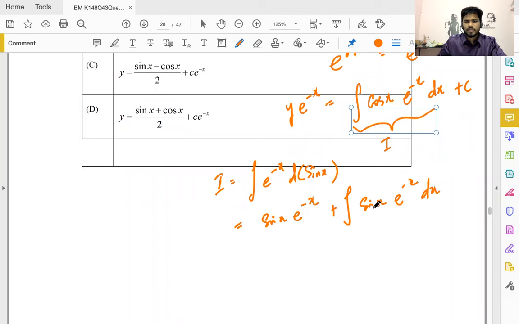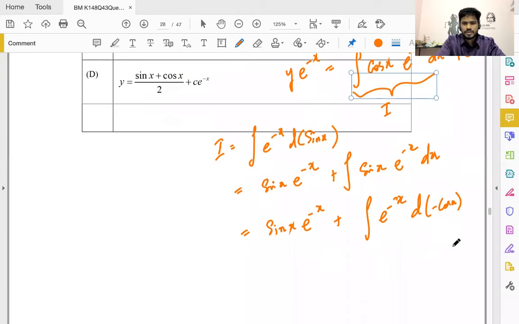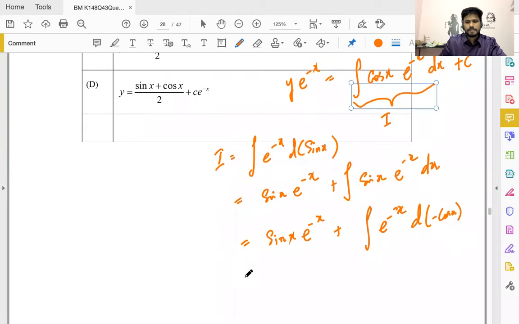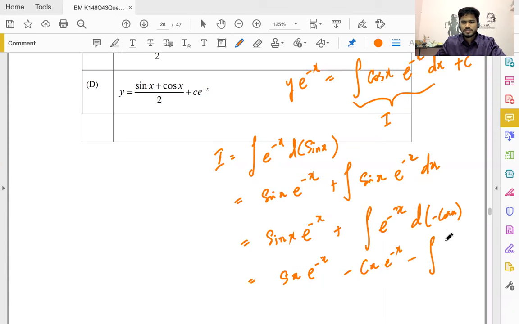Appears like we got back almost where we started, but that's the point. You do it once more. Sin x e power minus x plus integral e power minus x d of minus cos x. Okay, and there you have it. Sin x e power minus x, this is minus cos x e power minus x, minus